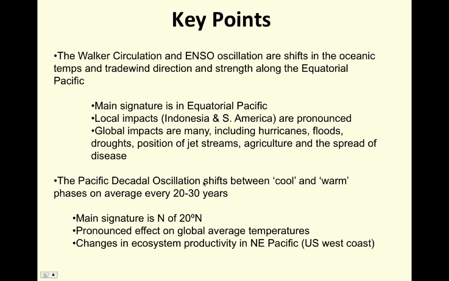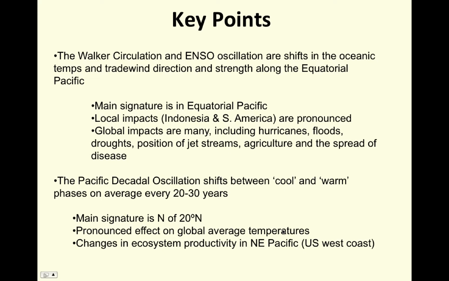The Pacific Decadal Oscillation shifts between its cool and warm phases on average every 20 to 30 years. The main signature is north of 20 degrees north. So this is a North Pacific phenomenon, whereas El Nino or ENSO is more of a tropical phenomenon along the equator. The PDO has a pronounced effect on global average temperatures, and we saw that by removing the overall trend